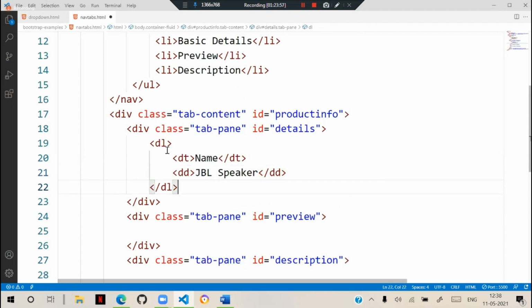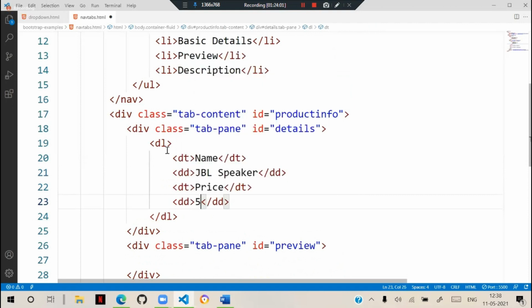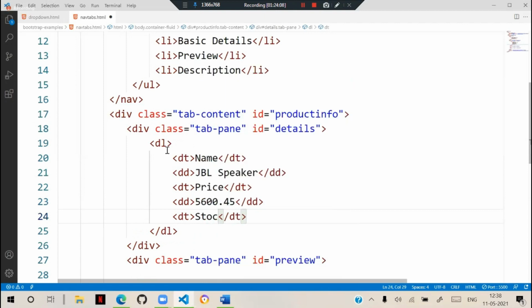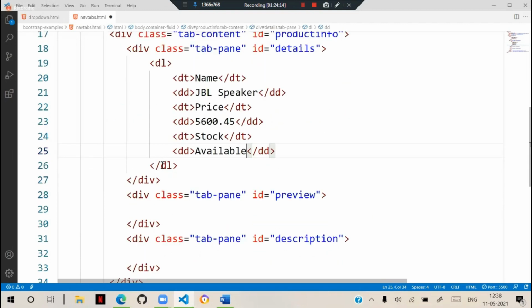Another data term is price and the data definition, some price. And the data term stock, and here we have the data definition available.